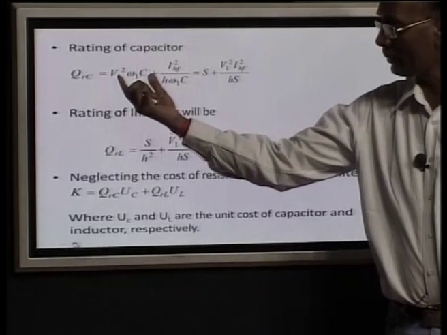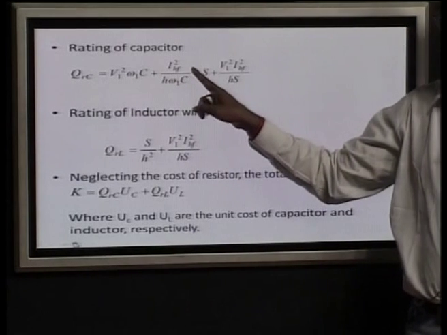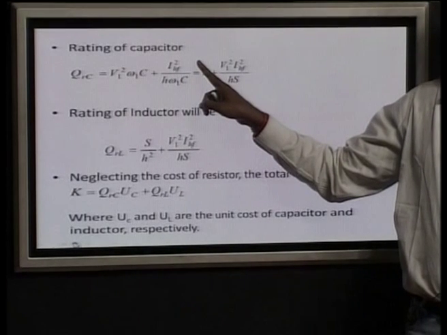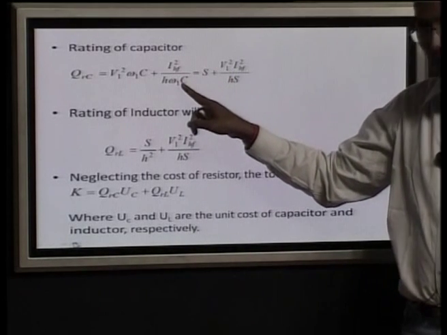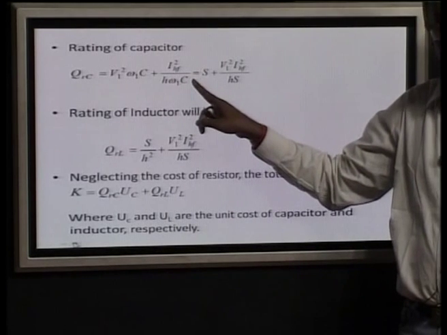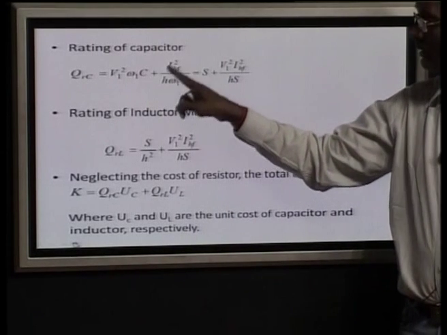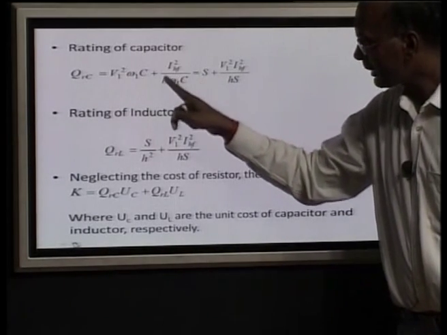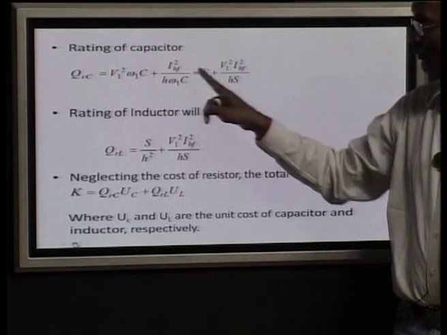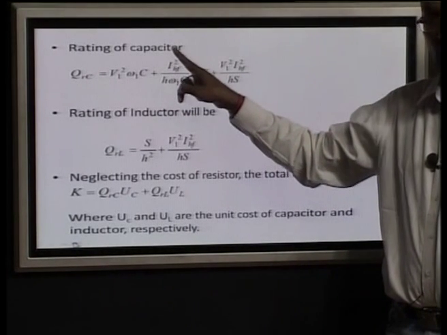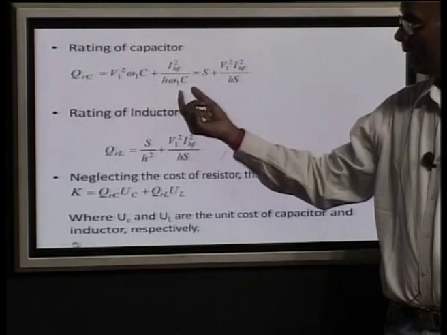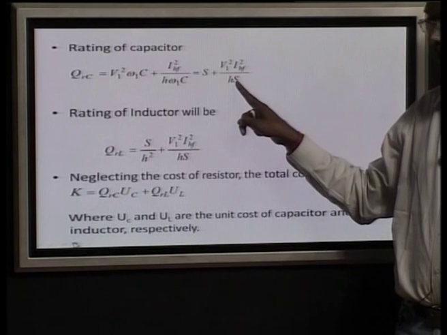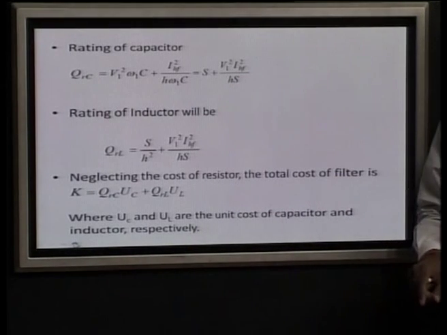So, the total fundamental component, this component, is nothing but I square into XC. XC for this component here is H omega 1 C, H is already there. So, this is your harmonics component reactive power. Now, this component can be changed to this one if you are multiplying here V1 square, here V1 square, the V1 square omega 1 and C is your F. So, H is there and V1 square is up.